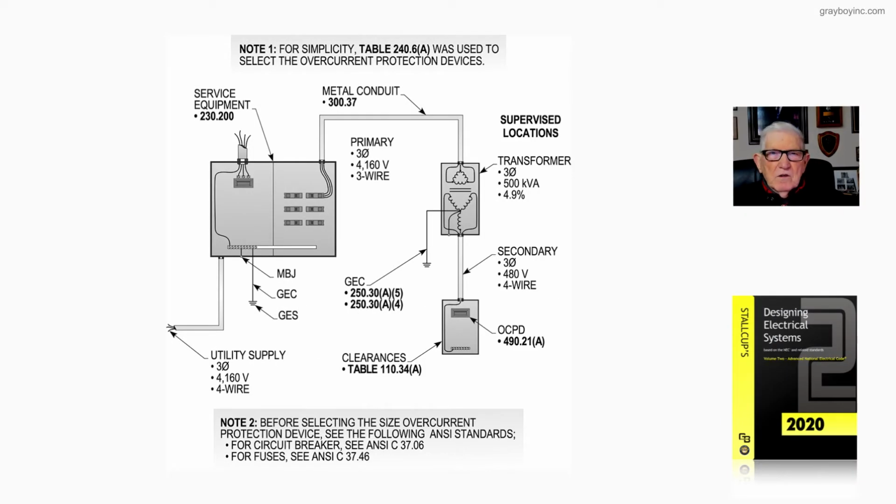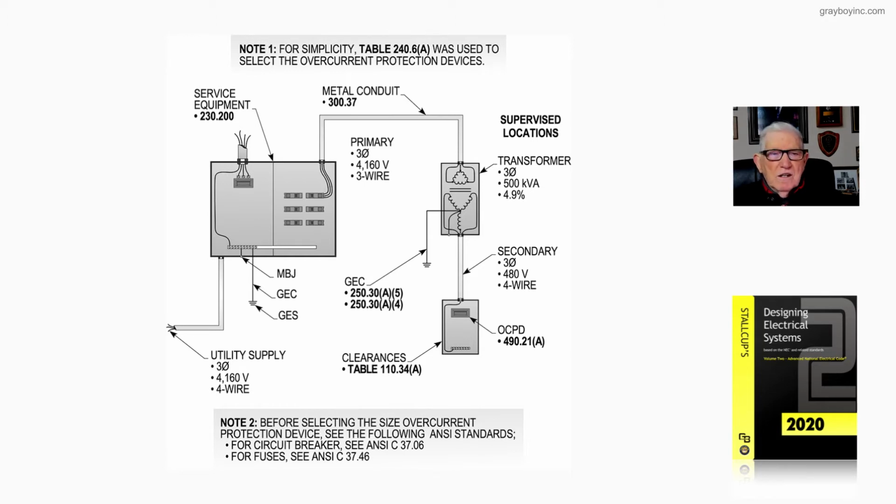Now this figure 20-8B deals with sizing the overcurrent protection device in the primary side and secondary side of a transformer rated on the primary side at 1,000 volts or more. Now note 1 just simply tells you we're using table